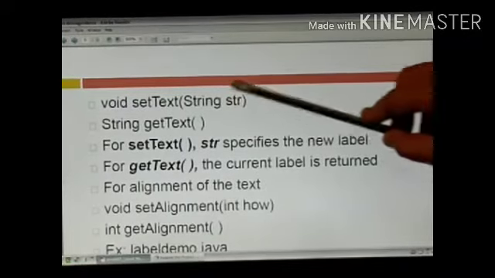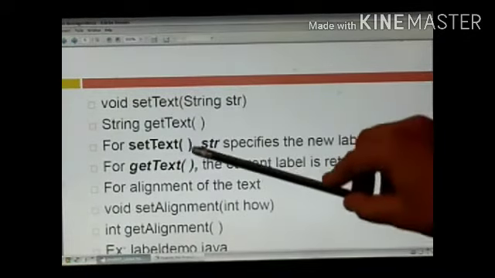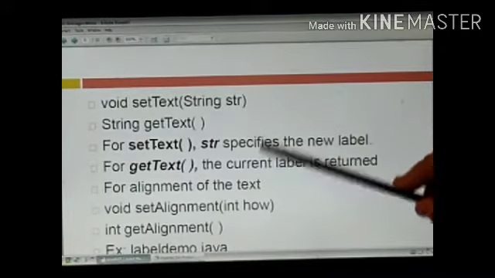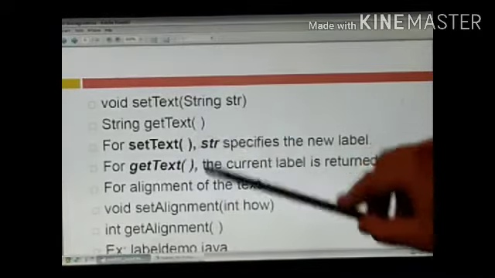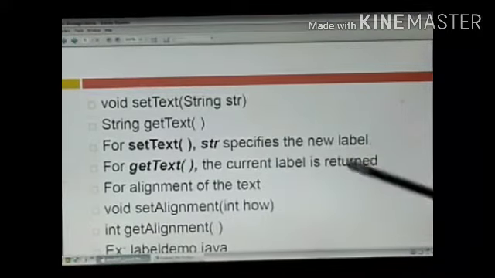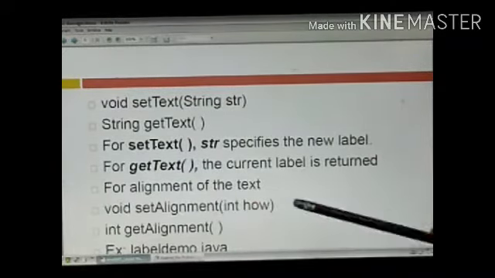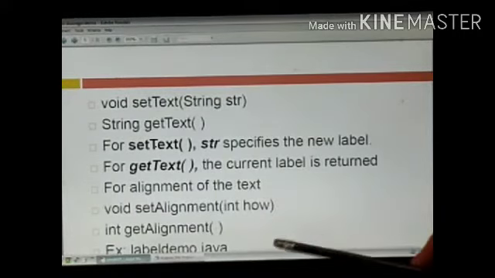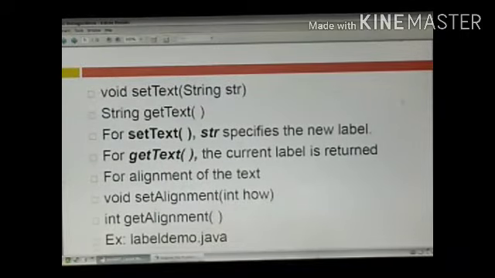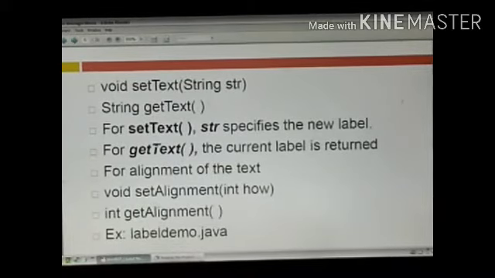Whatever you give as a name here will be set as the text of the label. getText will help you get what the current label text is. For alignment of the text, we have void setAlignment(int how). We can align however we wish: left, right or center. We can get the alignment also.